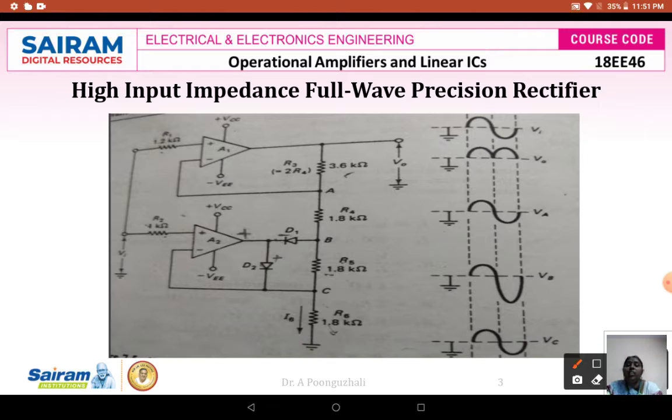Now we are going to see the non-inverting amplifier configuration there. So now my input voltage is going to be positive. If my input voltage is positive, the voltage at this point is positive. When the voltage at this point is positive, the voltage at this point will also be positive. When the voltage at this point is positive, my diode is connected to the negative terminal there, so this will be reverse biased. So we can say that my VI is going to be positive.